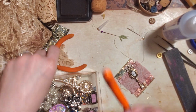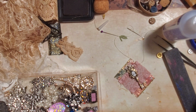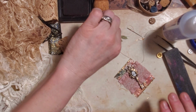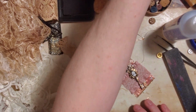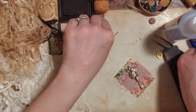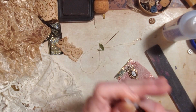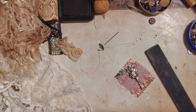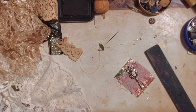Okay, so let me put these out of my way. I have everything in my way. If I don't put things back right away, my desk is full. Have you ever noticed that? It's true. It's so true. Like I have these over here. They need to go back. Yeah. I'm a bit crowded right now. Okay. So,